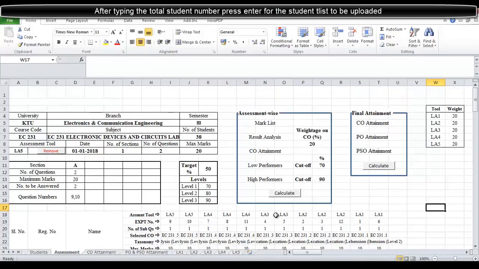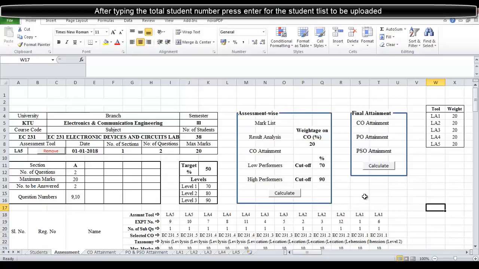Now we have LA1, LA2, LA3, LA4, LA5 for all the cases. As I told earlier, for the university final examination, we are not going to take it. The reason why we are not taking it is because they are doing the examination only for one experiment. It's not for all the experiments as we do in a university examination. In a university examination, the students appear for all the questions of all the modules, whereas in an examination of lab we don't have that situation. That's why we don't take the final marks.